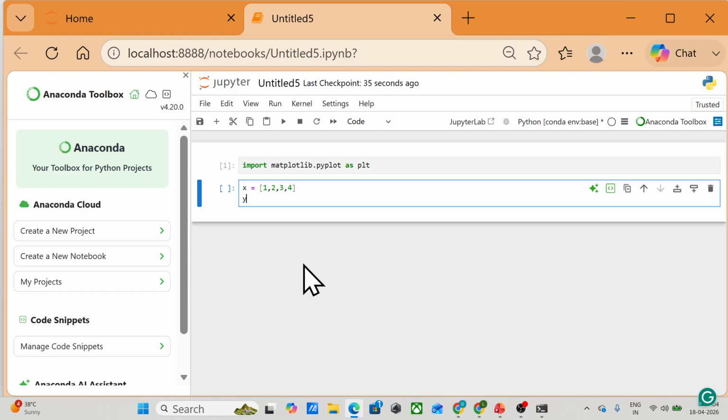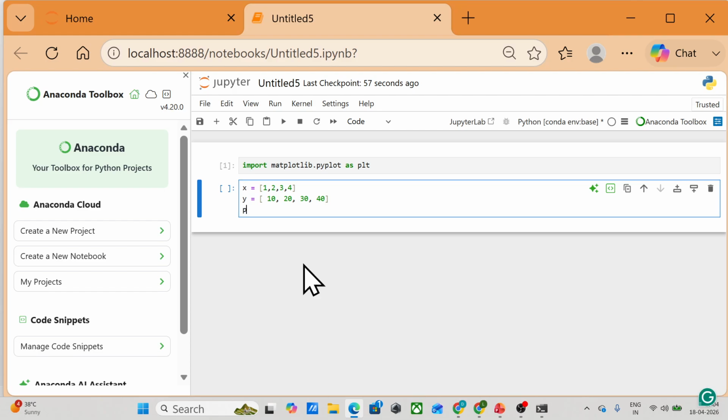Then for y also, because we are plotting a graph, we need data points, and we are taking 10, 20, 30, 40. Then we need to plot it, so let's do it in the next cell.